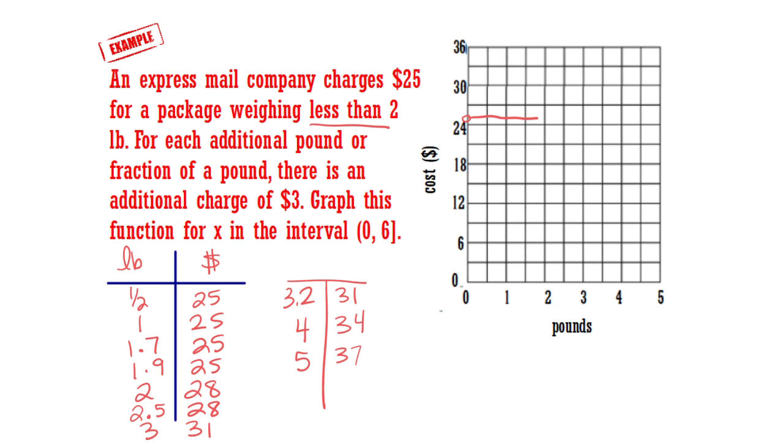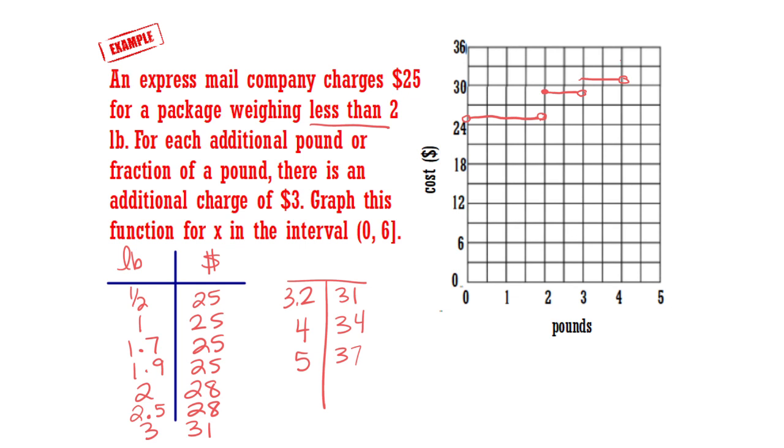So at 2 pounds, though, it jumps up and it's 28. I'm going to do a closed dot at 28. And this is actually going to end up being an open dot because at 2 pounds, so this is right up to, I didn't make my circle quite big enough, but that's all right. So now it's going to hop up here and it's going to stay $28 until we get to 3 pounds. So I'm going to do an open circle at 3 pounds and it's going to pop up to 31. So that's right here. And now I'm going to keep it at 31 until I get to 4 pounds, open circle, jump up to 34,